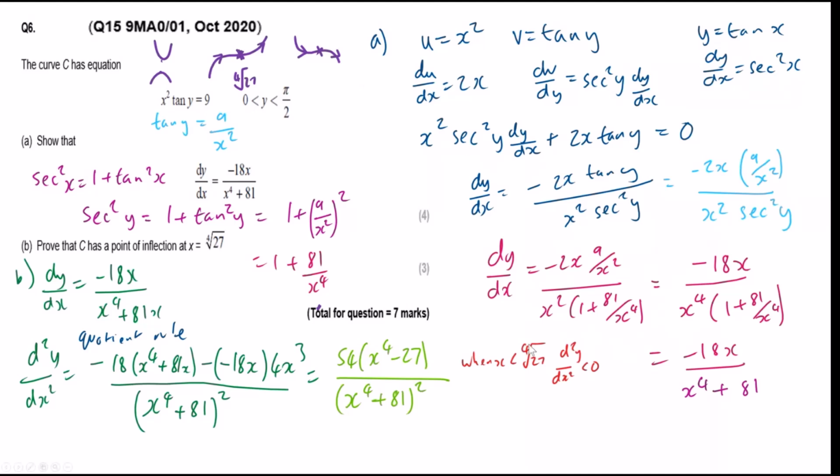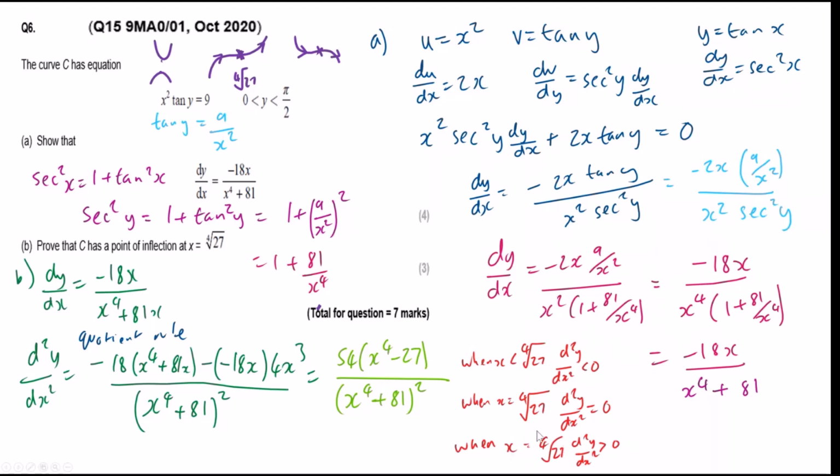And then when you sub this in, and this is the rule for inflection, when you do the second derivative, when x is less than 4 root 27, the second derivative is less than 0. When x equals this, then we know it equals 0. So technically, when you sub this value into here as well, you'll get 0. The gradient will be 0. And then when it's greater than 0,